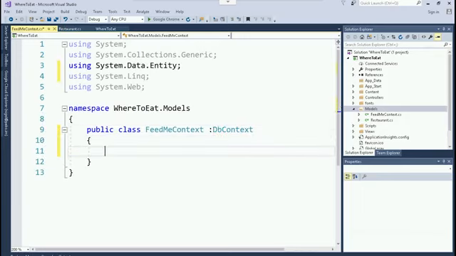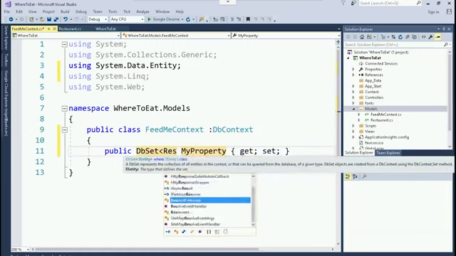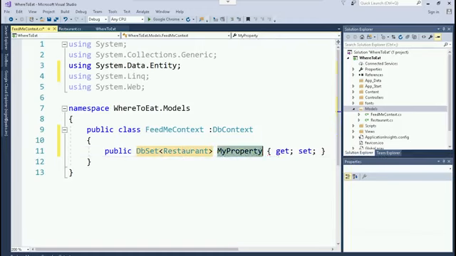The only thing we need to add to this class is a collection property which will expose a collection of restaurant objects. This makes use of a generic collection class called dbSet. So you'll notice that now we've got a collection called restaurants, which is a dbSet of restaurant objects.